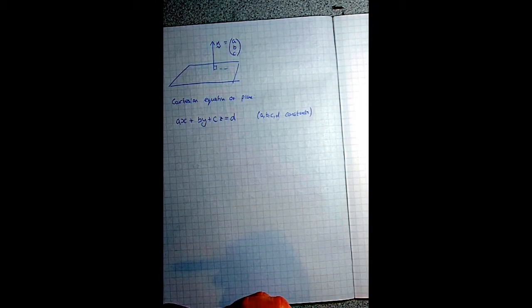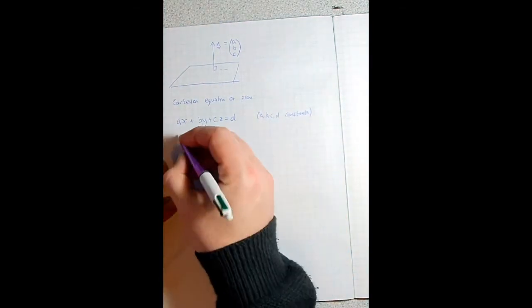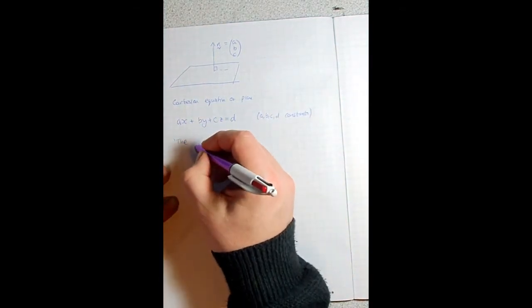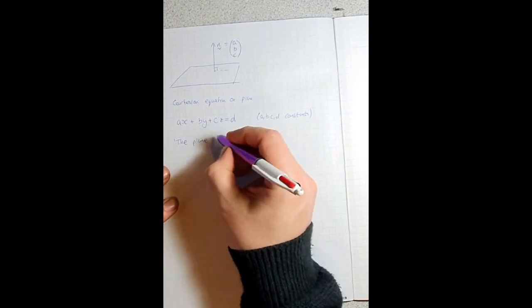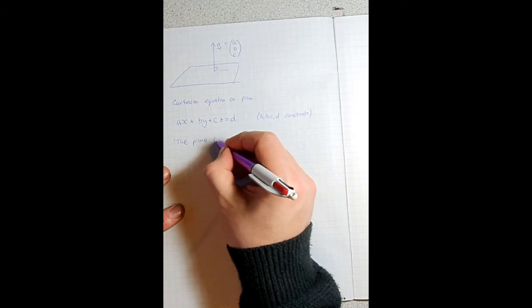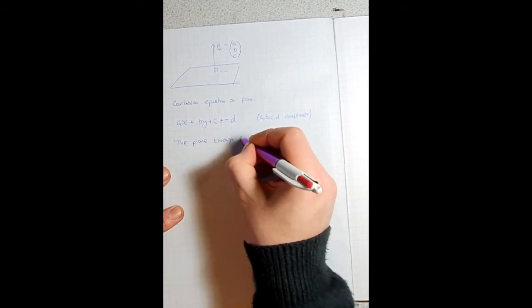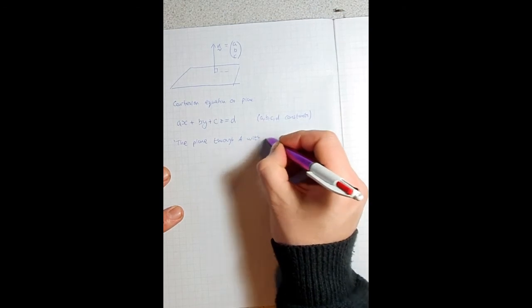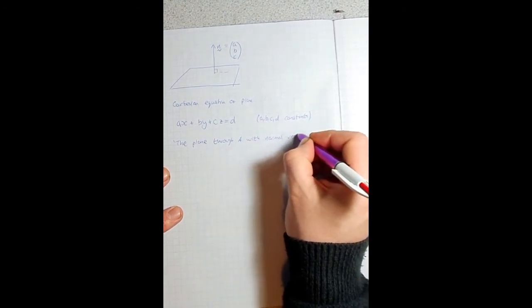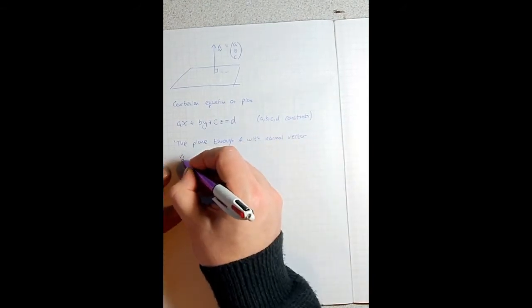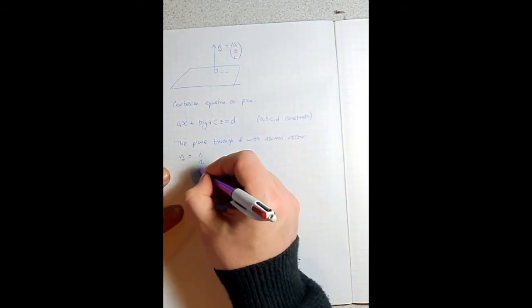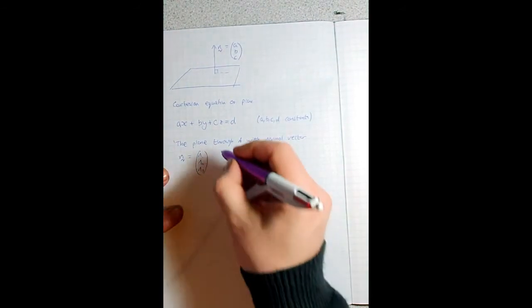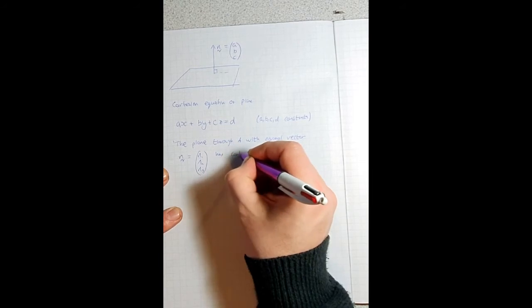In the formula booklet, let me find my mouse, here you go. In the formula booklet, I write out what we're given. It says the plane through point A with normal vector n equals n1, n2, n3 has Cartesian equation